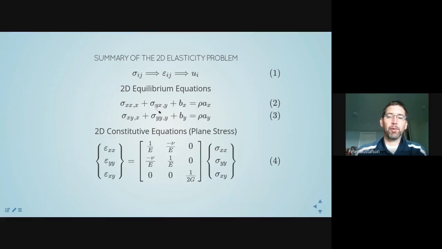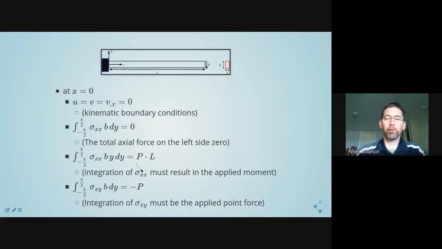Sigma xx comma x plus sigma xy comma y plus body forces is equal to rho times A. Our 2D plane stress constitutive equation is given by this set of equations. Now you might ask, why not plane strain? And that's a reasonable question. I will highlight here